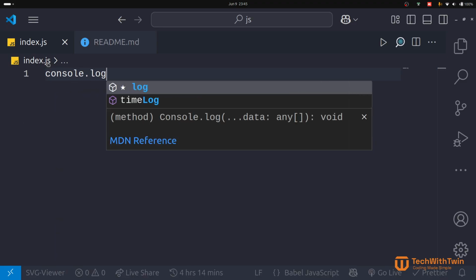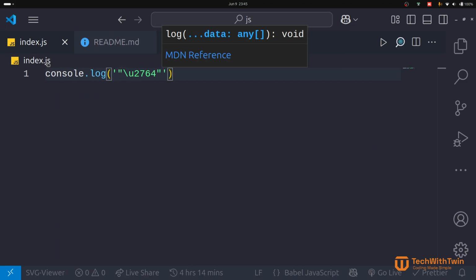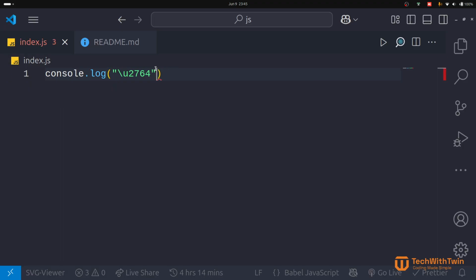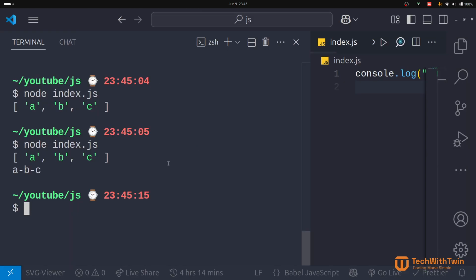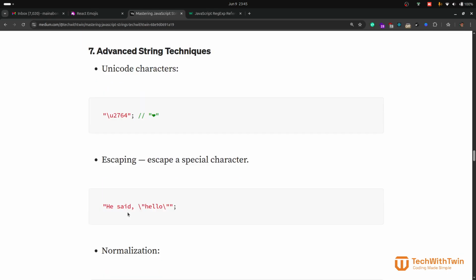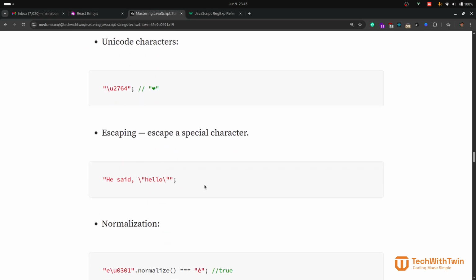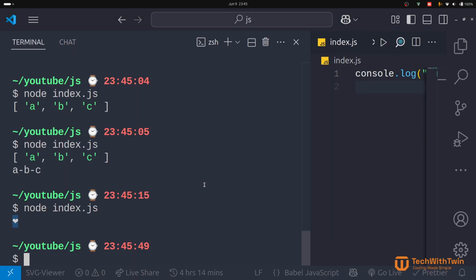So console.log. Let's see. We have Unicode characters, which represent maybe symbols. You can see it. This is a new Unicode character. You can learn more about them. Then we can escape. So escaping means